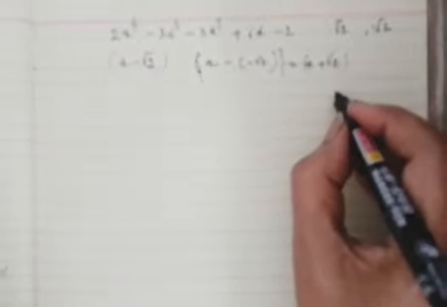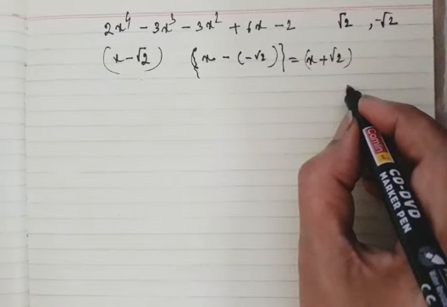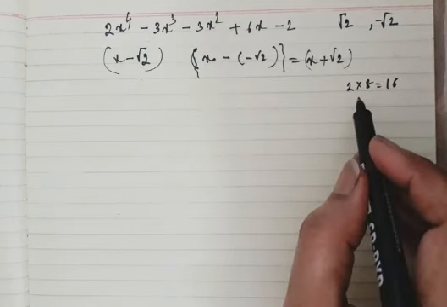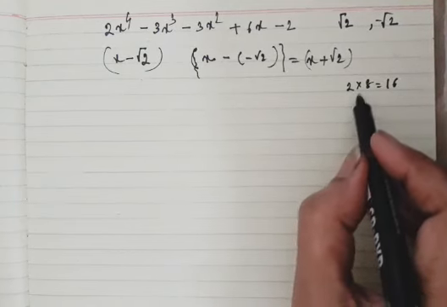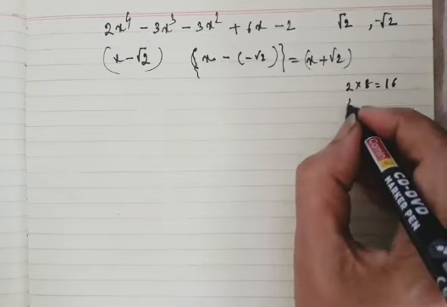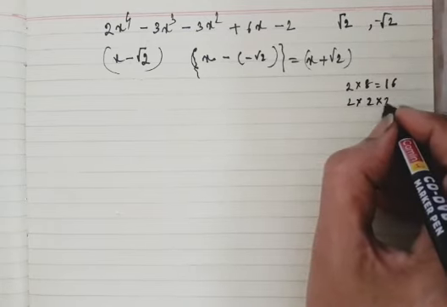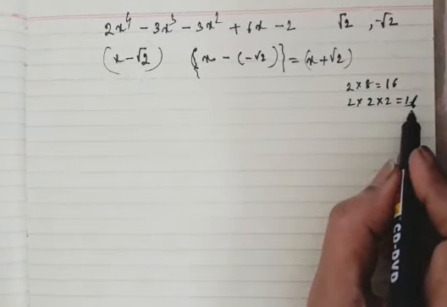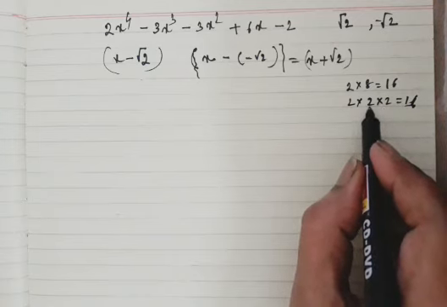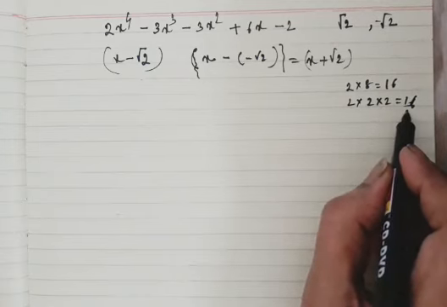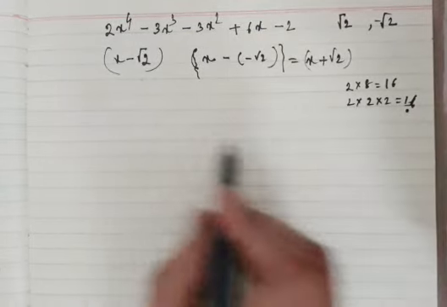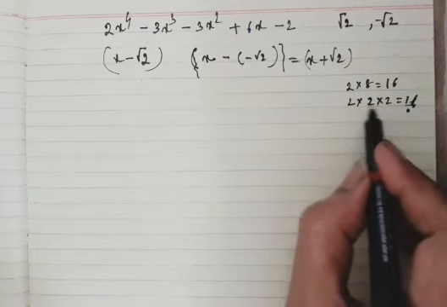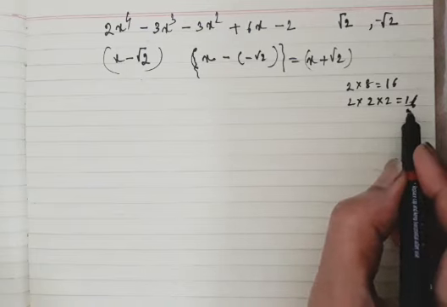Now again you see, suppose if I multiply 2 into 8, it is 16. Now suppose I write 2 into 2 into 2 equal to 16. Now you see, after multiplying these three we are getting 16. So we can say 2 into 2 is also a factor of 16. Similarly here you see 2 is a factor of 16, these 2 is a factor of 16. So 2 into 2, 4 is also a factor of 16.